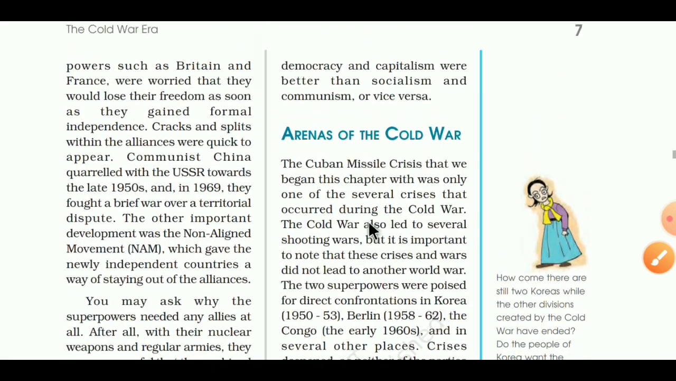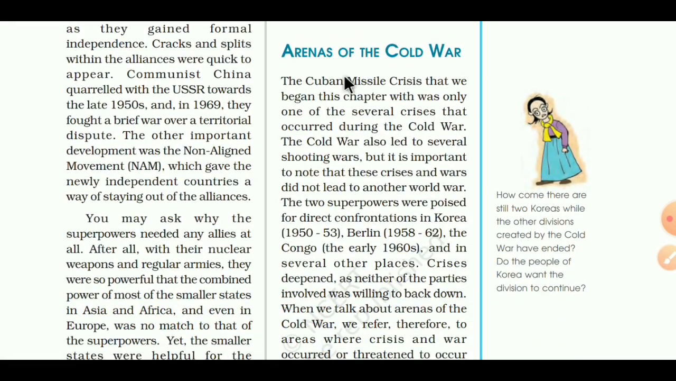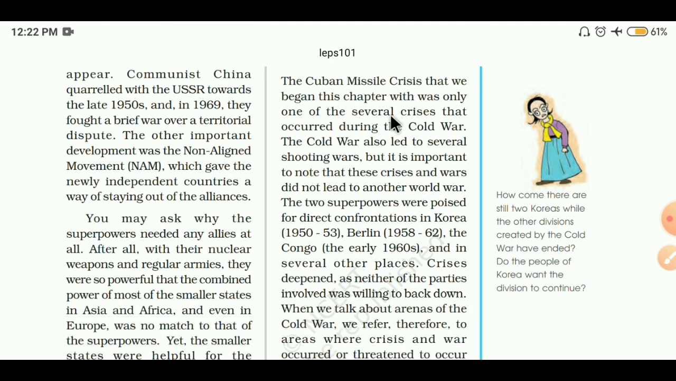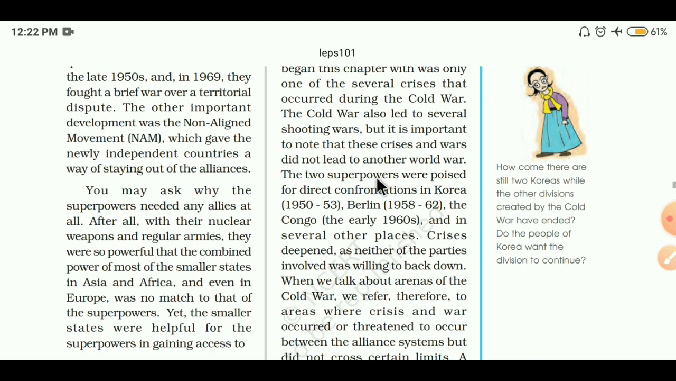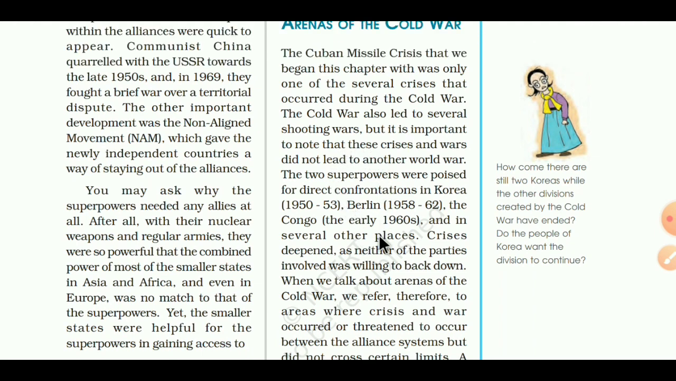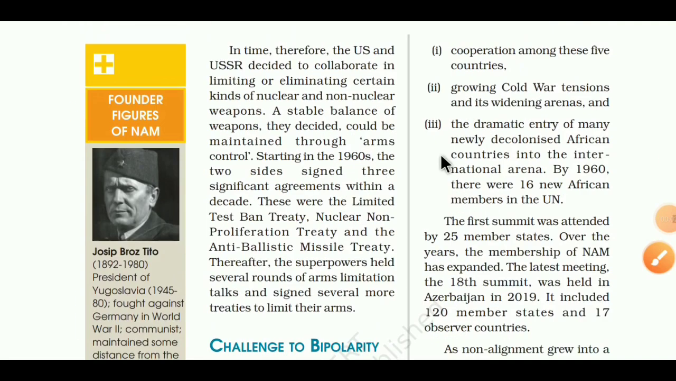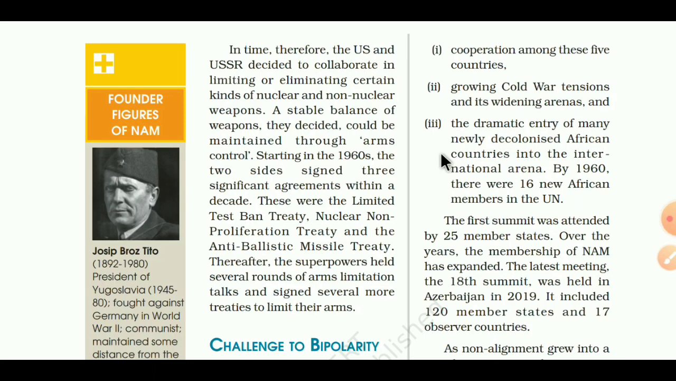More or less, one thing here is how the arena of the Cold War grew. After the Cuban crisis, the Cold War started, because that was the time the Cold War began. After that, the two superpowers were poised for direct confrontation in Korea, Berlin, Congo, and other crises, which deepened the nature of the parties during the Cold War. The Cold War has